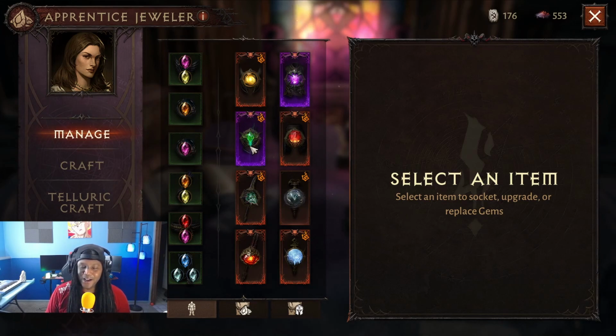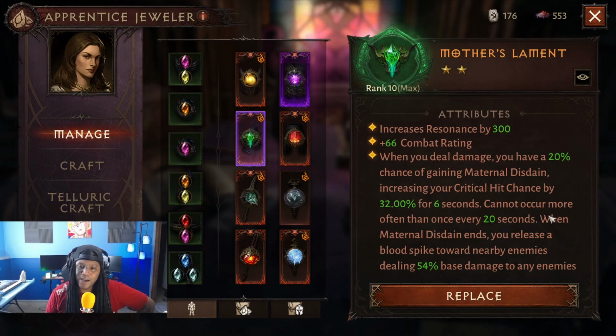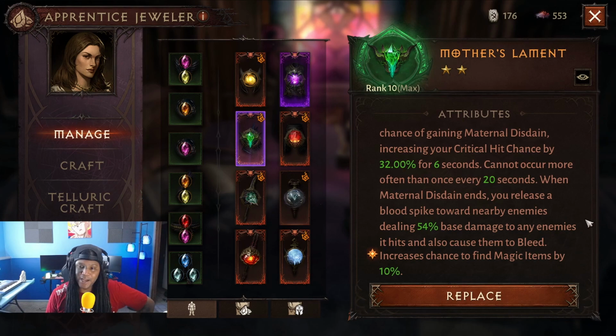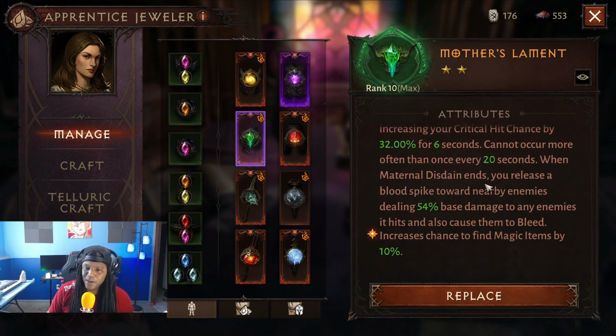So now we have another awakened gear slot here. And with this one, when you deal damage, you have a 20% chance of gaining Maternal Disdain. Increases your critical hit chance by 32% for 6 seconds. Cannot occur more often than once every 20 seconds. When Maternal Disdain ends, you release a blood spike towards enemies, dealing 54% base damage to any enemies it hits, and also cause them to bleed. And then increase Magic Find by 10% at rank 10. Or that happens at rank 5, but